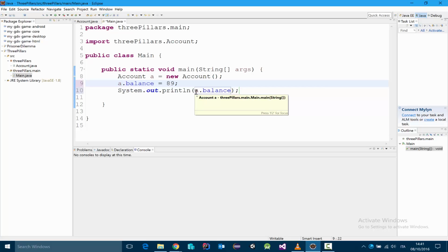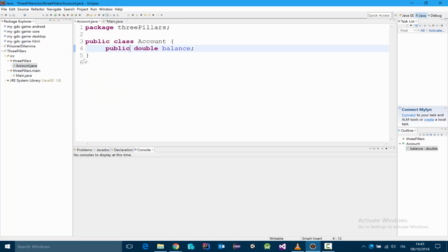So now you see, oh, that's great. It's very easy to do, very simple. It's all very straightforward. But actually, this is not the best way to proceed, and having the balance variable public is a very bad idea. Let's try to understand why. The recommendation is actually to have this variable as private, and to expose it to other classes, if necessary, with a couple of methods that are called getter and setter